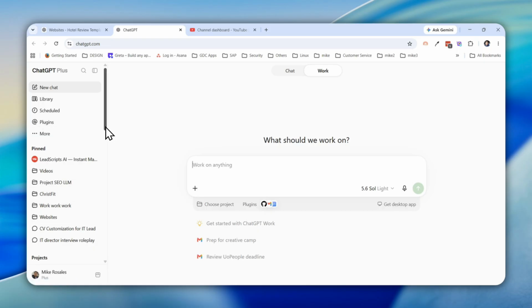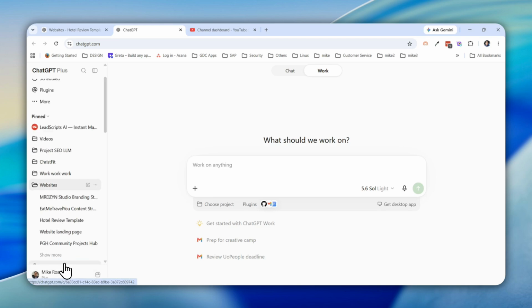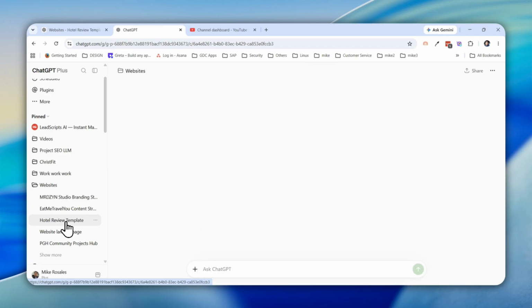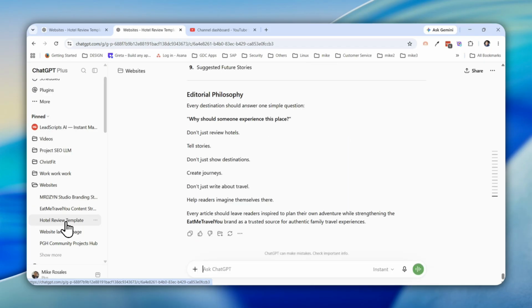So if you're new to ChatGPT, you can organize your work into folders or projects. So basically, if you want an existing chat that's not actually